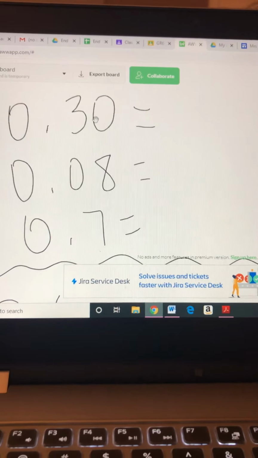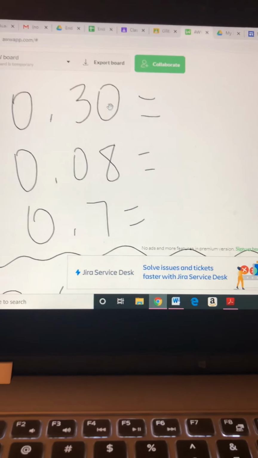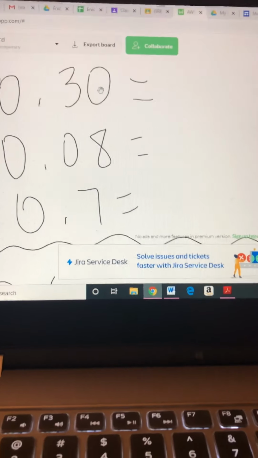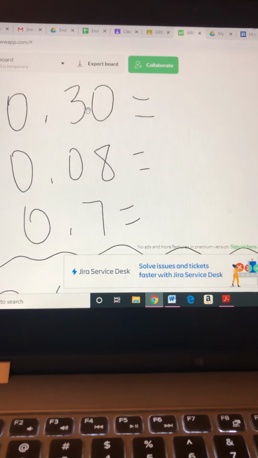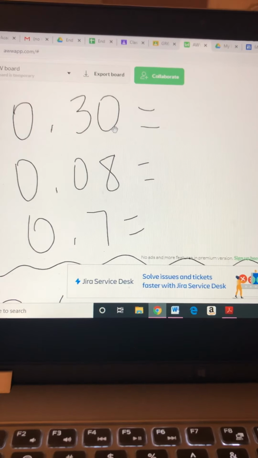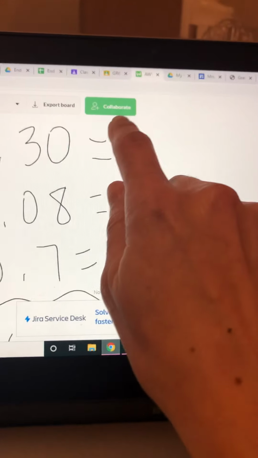Okay, now when you're given 30 hundredths, remember that percents are out of 100. So when you read the decimal, you're going to read it as 30 hundredths. So you're going to interpret it as 30%. So we'll write 30%